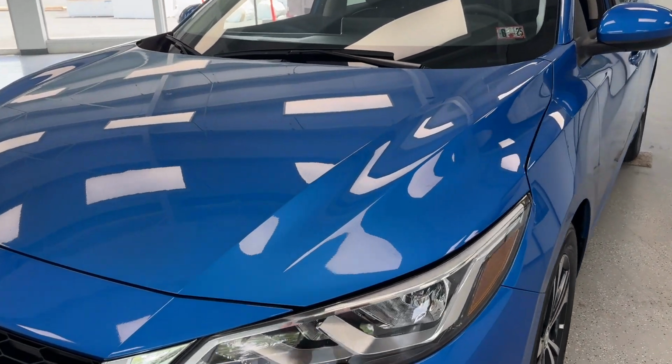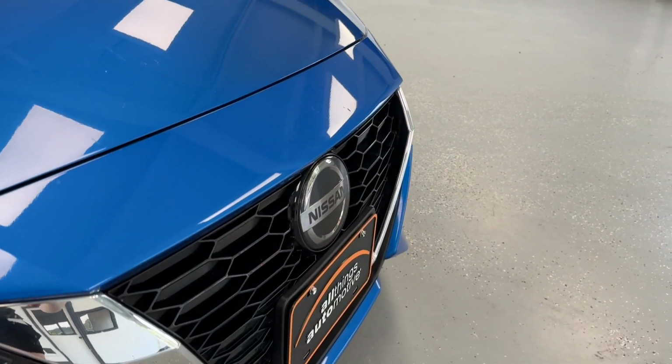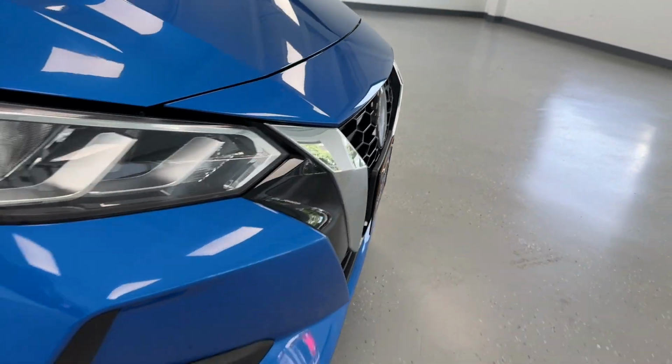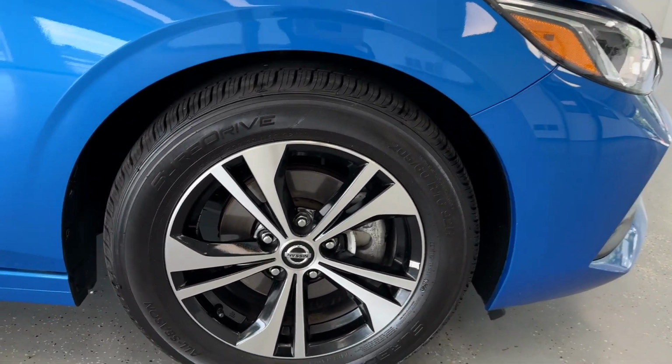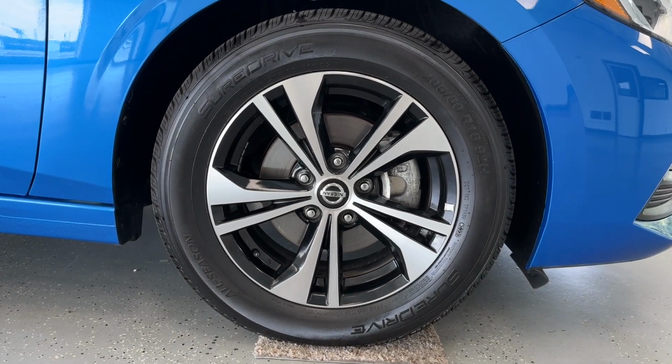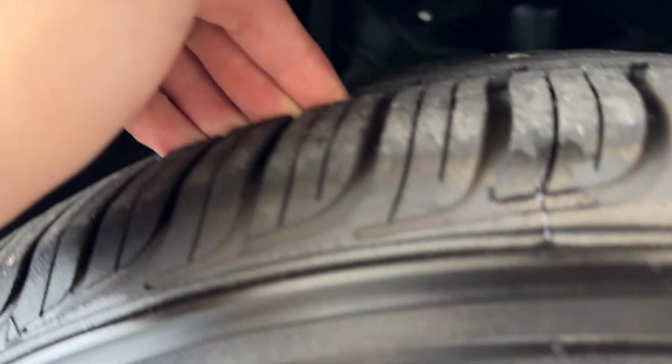As we get closer here to the front of this 4-door sedan, you'll be able to see that it is a sleek electric blue clear coat with chrome and black accents, as you'll be able to see there on the front grille. We'll come along here to the side of this vehicle and take a look at its tires and wheels. This vehicle has chrome 16-inch aluminum alloy wheels with black insets, and as for the tire treads, you have